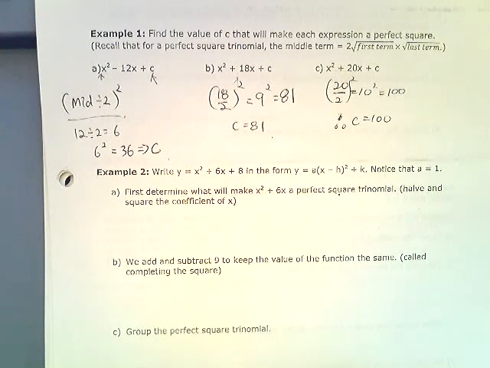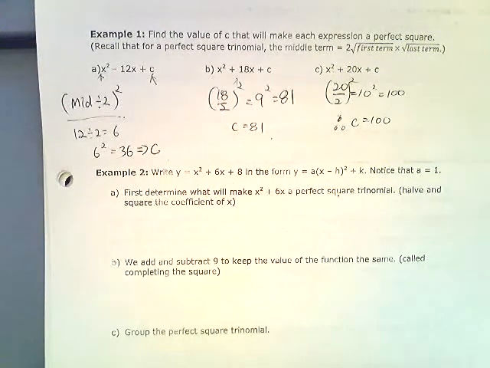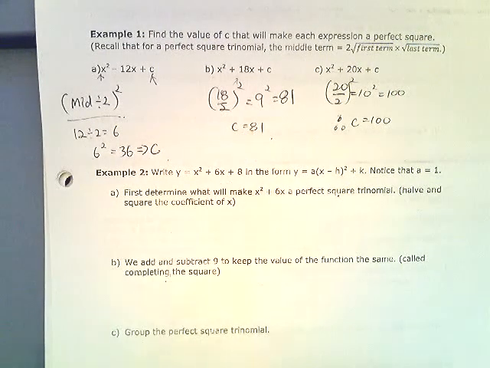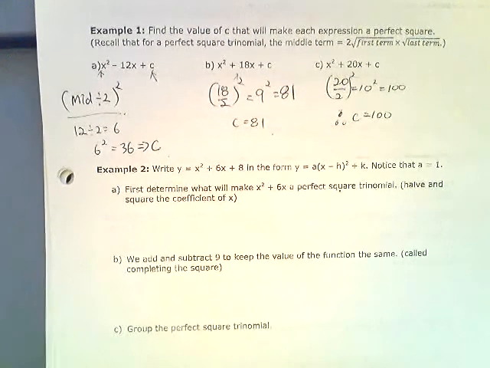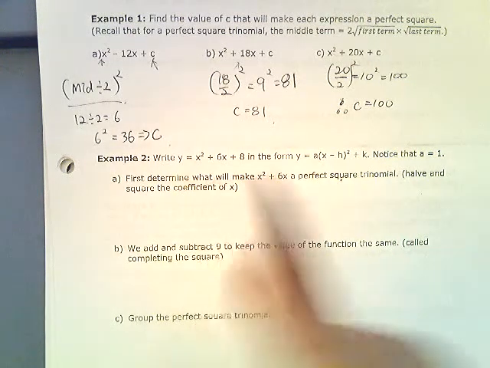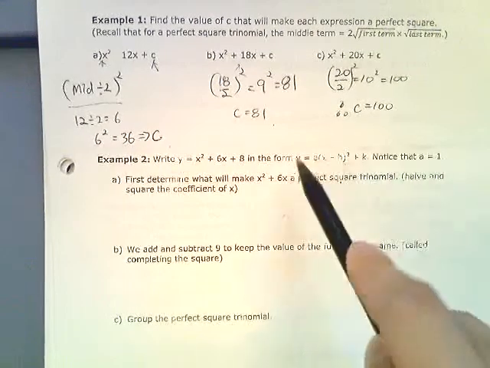The reason why we did example 1 is that it is extremely critical to be able to do these in order to complete the square. It can be a bit odd in terms of the steps because you've never done this before. The steps are listed in example 2. Example 2 says write y equals x squared plus 6x plus 8. Now we are changing this, which is a standard form, into